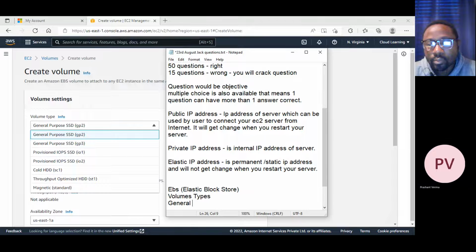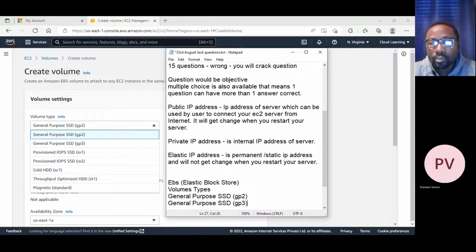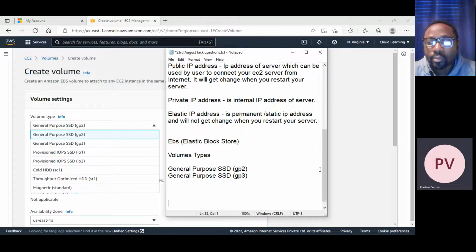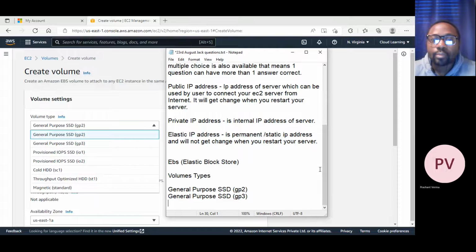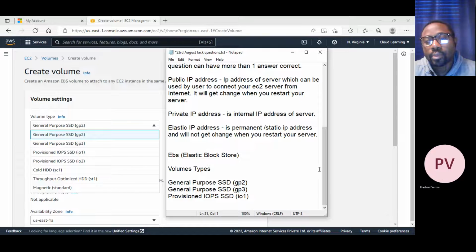The volume types are General Purpose SSD GP2, another is GP3, then Provisioned IOPS SSD IO1, and Provisioned IOPS SSD IO2.